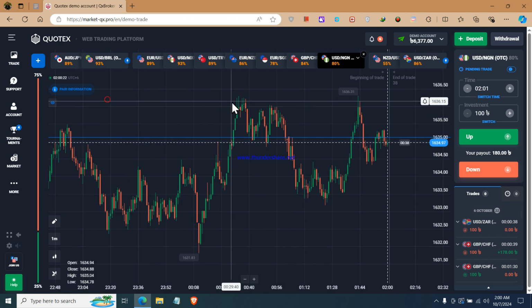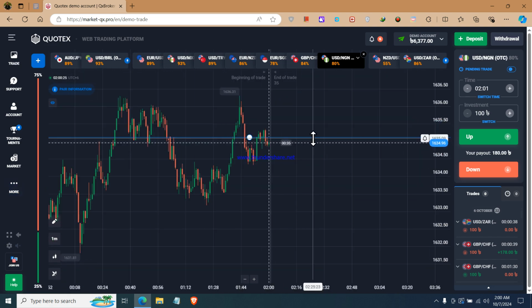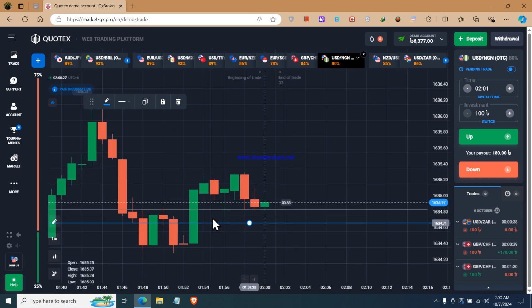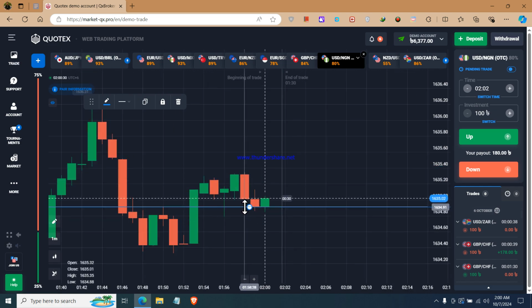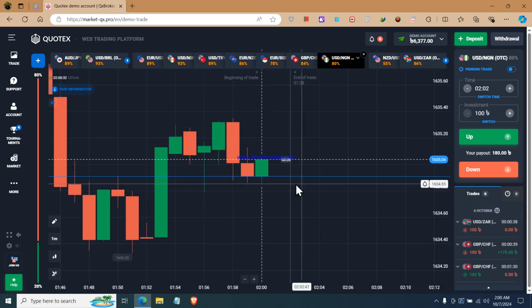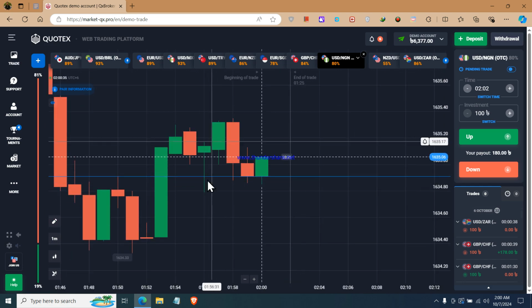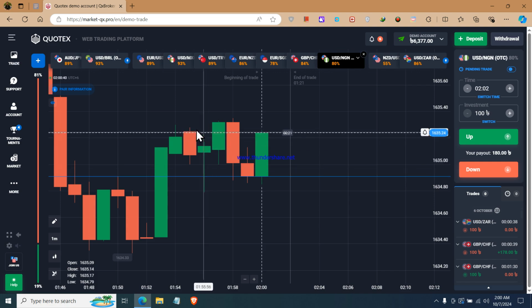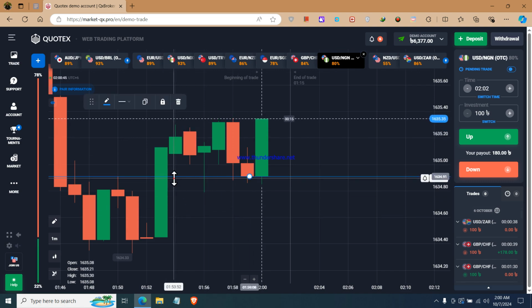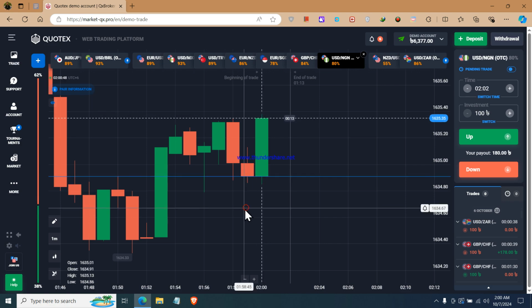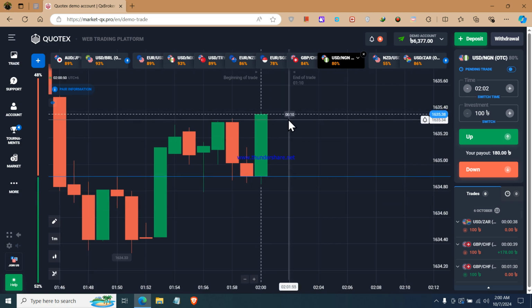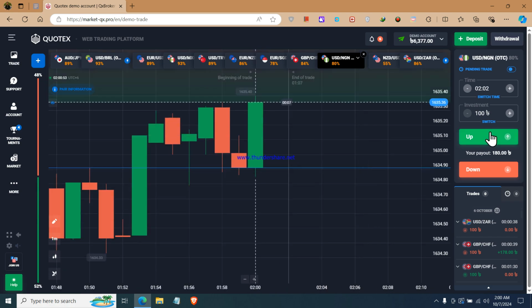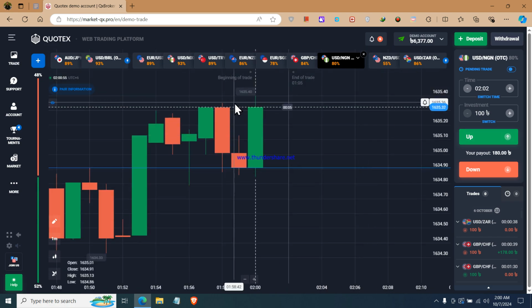Buyers were not able to break the higher high point, and sellers came strongly. They created a W. The buyers broke the neckline of the W, and then it was a support. The buyers broke the higher high. The sellers came again, and they were not able to break the neckline, and the buyers eventually continued from that neckline. So I'm going to place my trade for call option here, because I think the next candle can become a green candle,